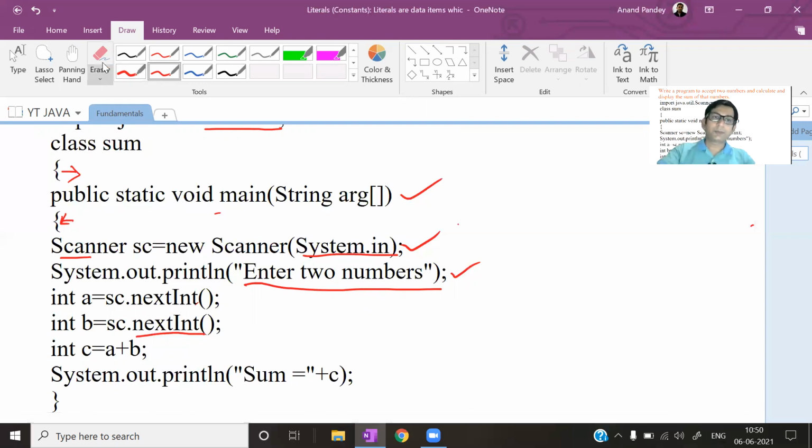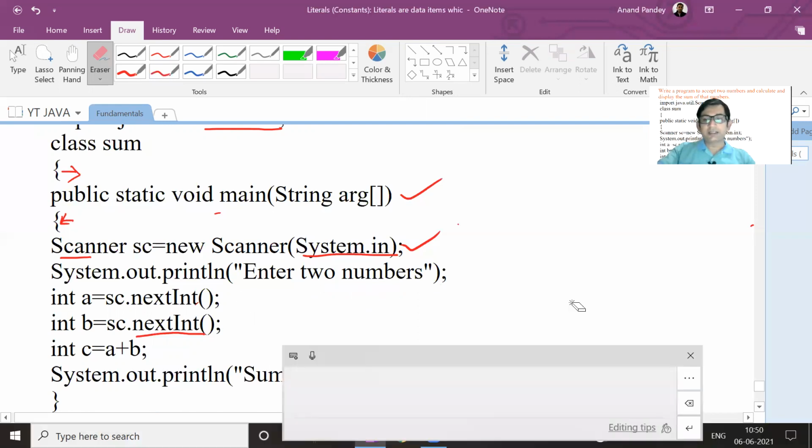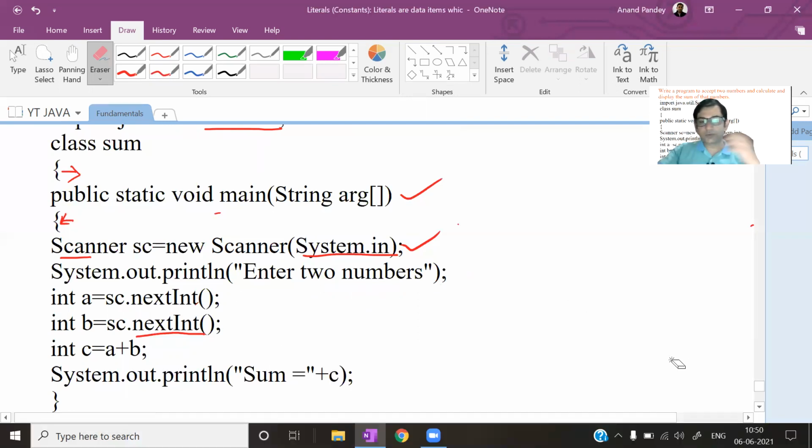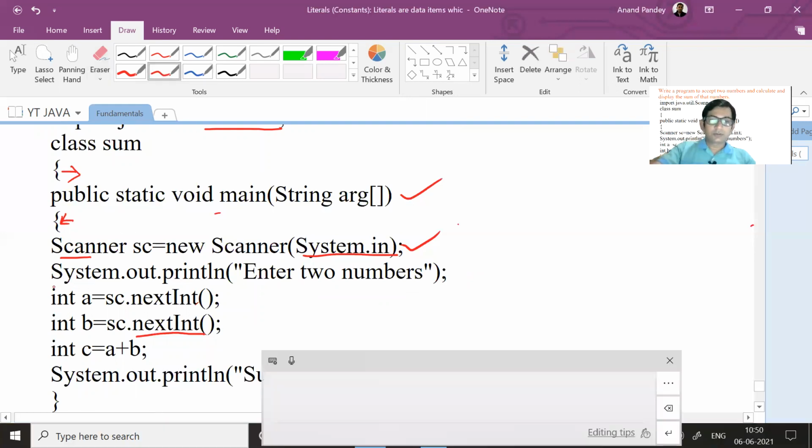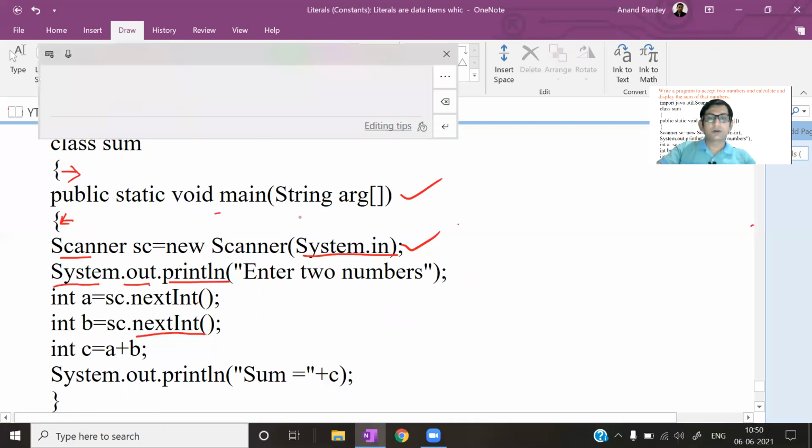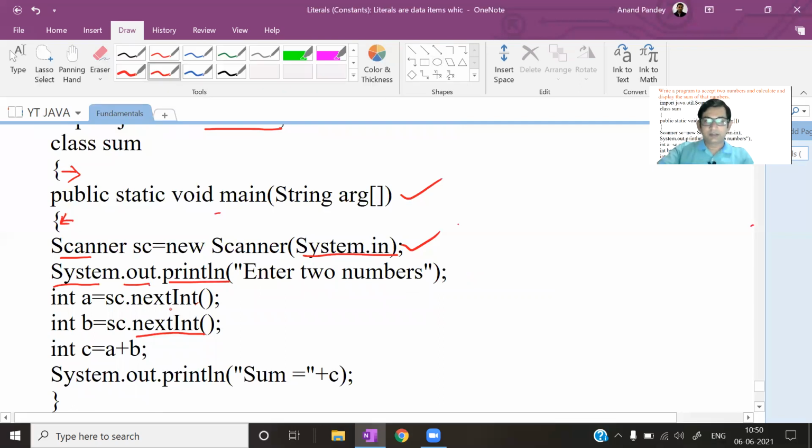So a proper message. If you want to print anything on the screen, we use System.out.println. This System.out.println is used to print anything on the screen.